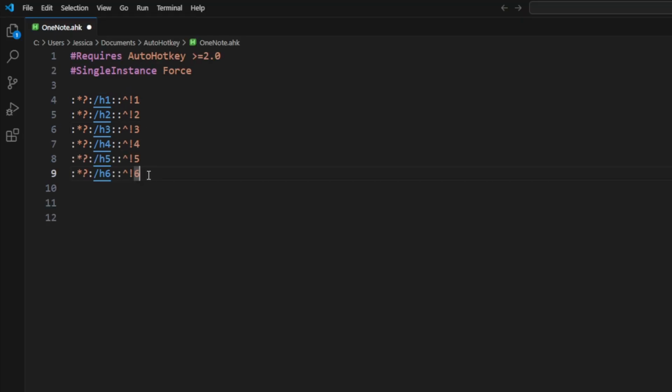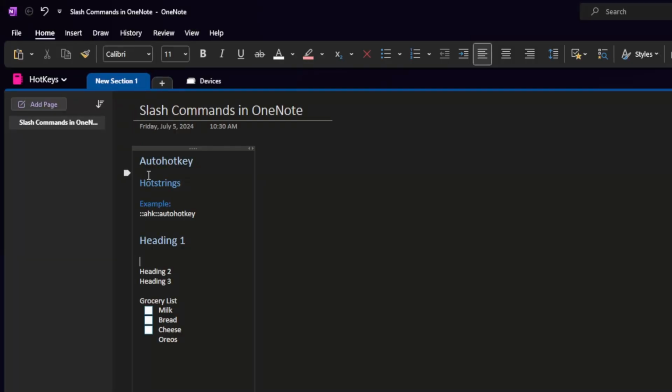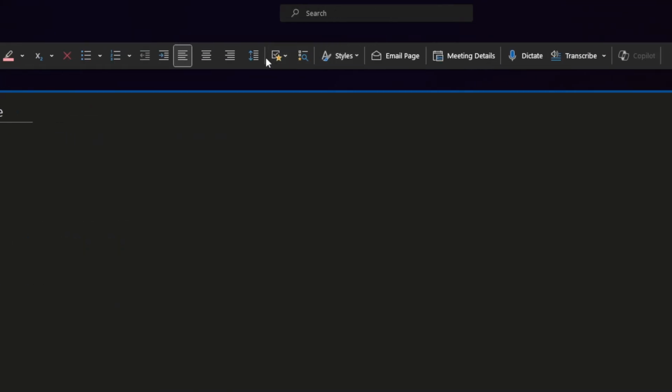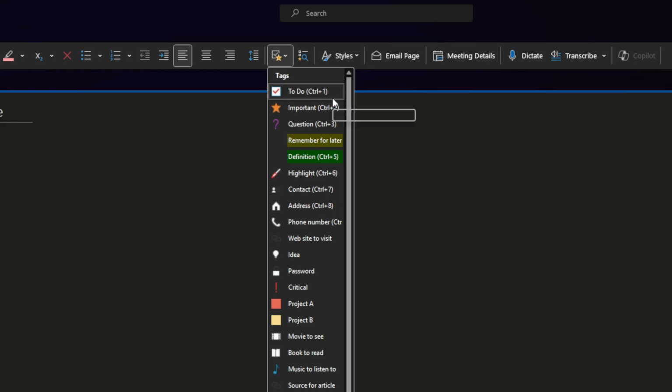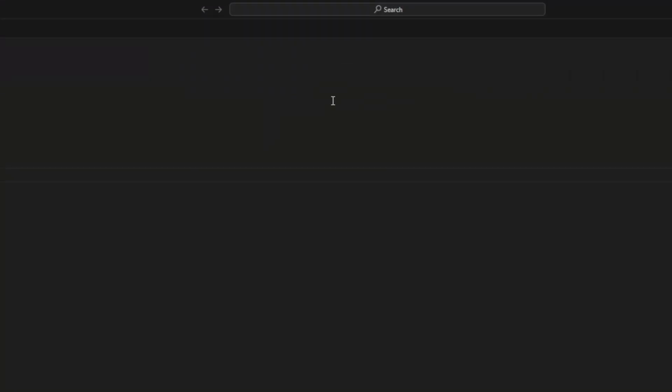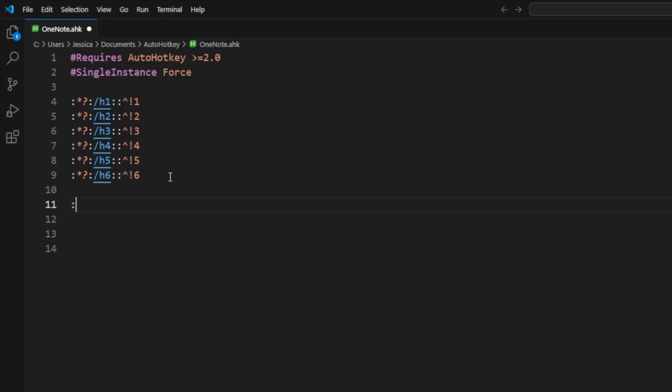Now to add a tag, let's say we want to add a to-do checklist tag. We'll open up OneNote and take a look at what the built-in hotkey is for to-do. It's Control-1. Now we can create the hot string with that information. So between the first pair of colons, we'll add our options. Then we'll type /TODO for to do, 2 colons, and then we want that to be control, which is the caret, and 1,